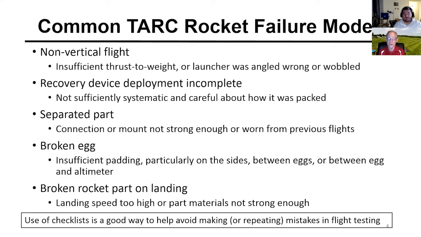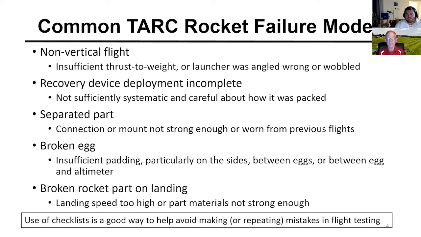So when the ejection charge goes off, big bang, blows the top part off the rocket, and at the end of the connecting cord, that part comes to an abrupt halt. And if the cord has no elasticity in it, or is too short, or is not strong enough, or the place where it's connected to the rocket isn't strong enough, it'll rip out of the rocket, you'll separate. And that cord might get burned over the course of many flights, so it might be worn out. And that's one of those things that you only find, after 5 or 10 flights, that you weren't paying attention to the integrity of that cord and it got partly burned through and snapped on your 10th flight.